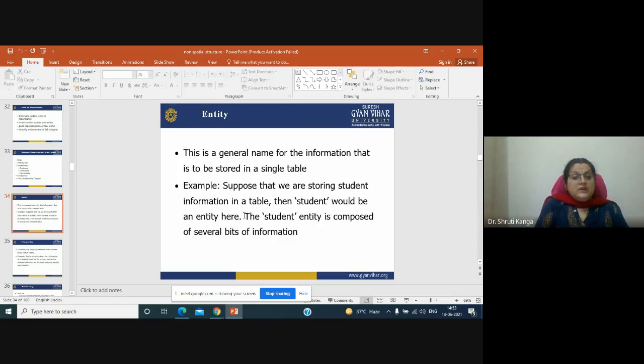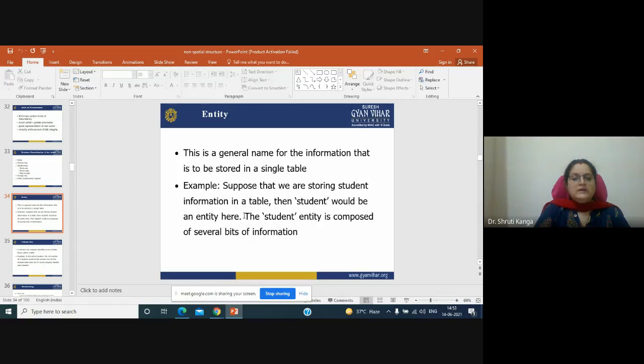Entity is a general name for the information that has to be stored in a single table. For example, we are storing student information in a table, then student would be an entity.